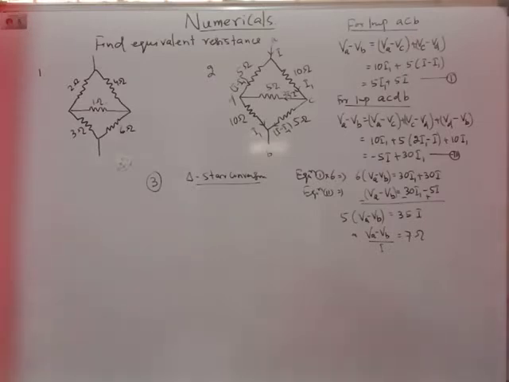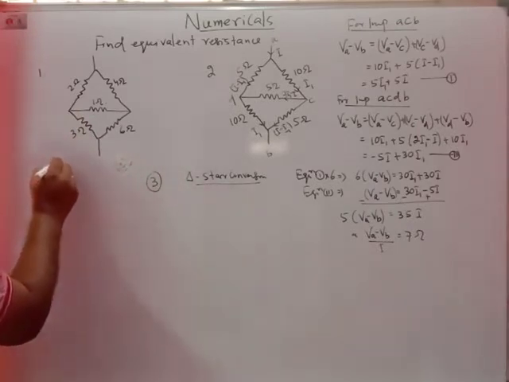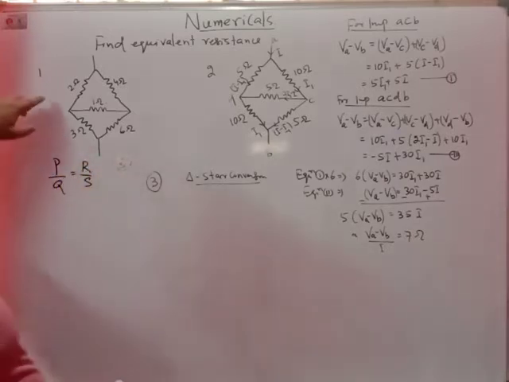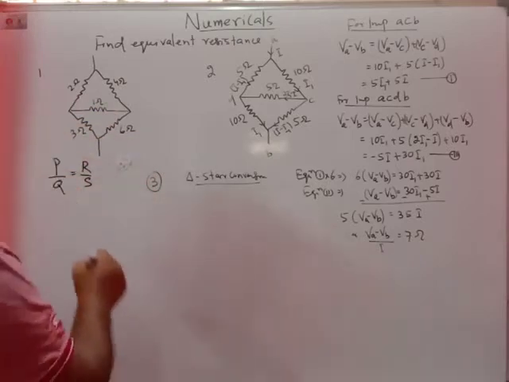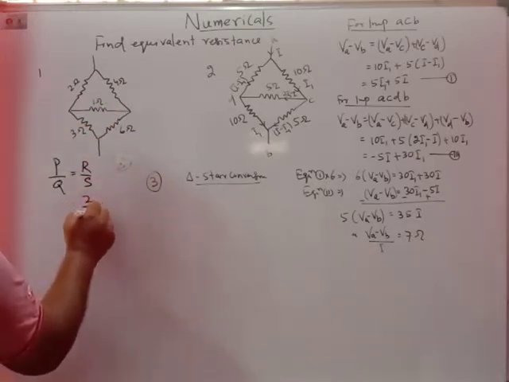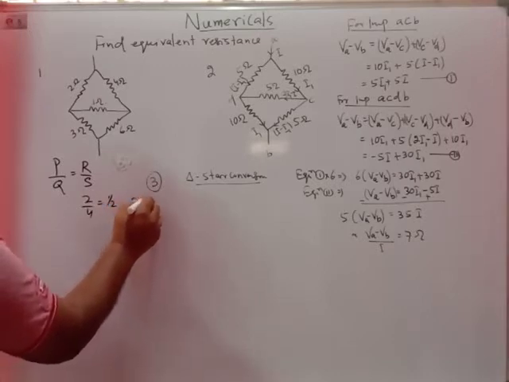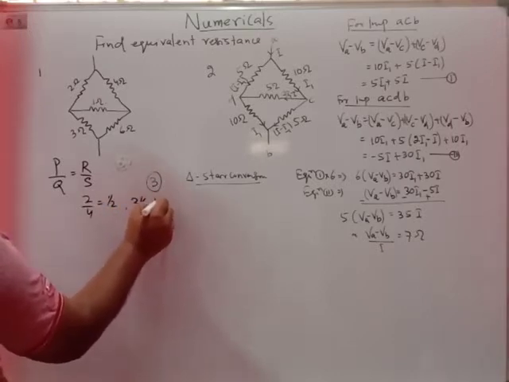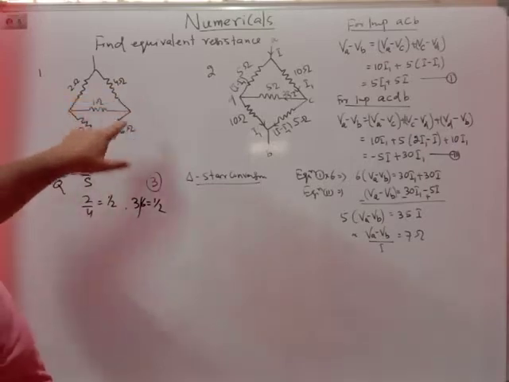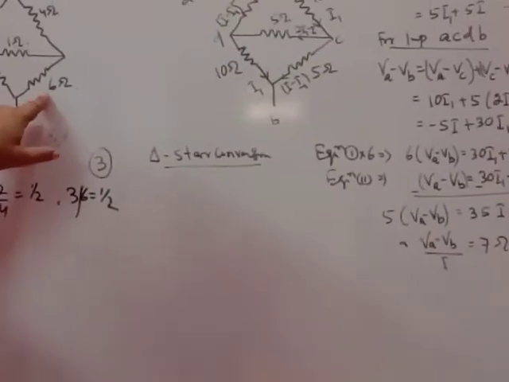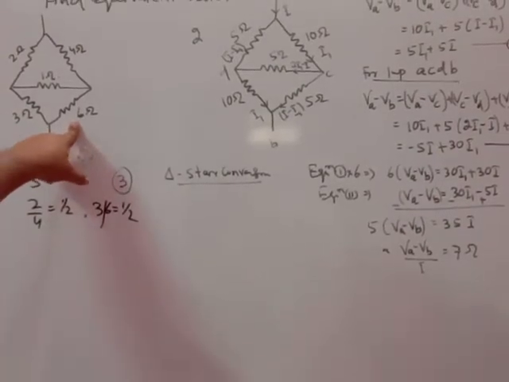not. So that is, you find the ratio P by Q, because the balance condition of Wheatstone's bridge is P by Q equal to R by S. So either it is following that condition or not. 2 by 4 is equal to 1 by 2, and 3 by 6 is equal to 1 by 2. So 2 by 4 is equal to 3 by 6, means it is following the balanced condition of Wheatstone's bridge.